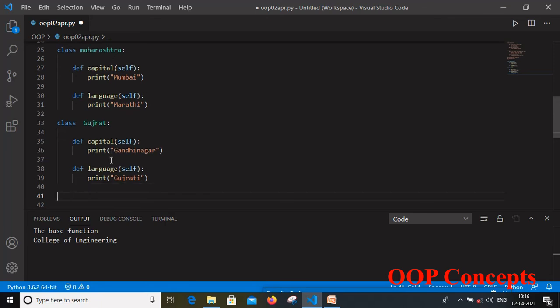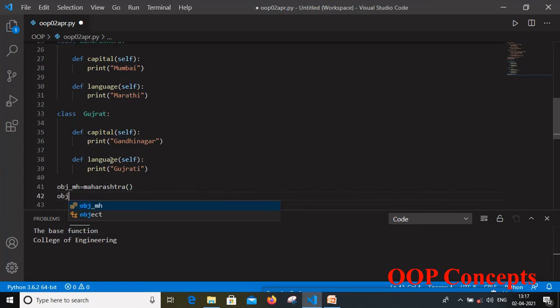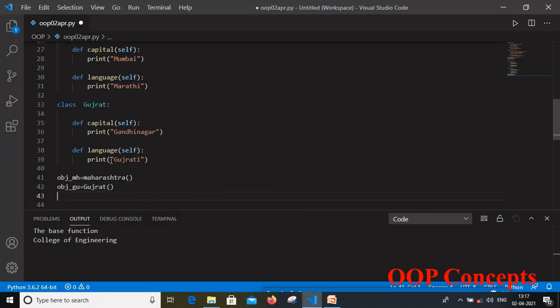So I'll create two different objects, first for the state Maharashtra, and the second object for the state Gujarat. Here these two objects, one is for the class Maharashtra and the other is for the class Gujarat.